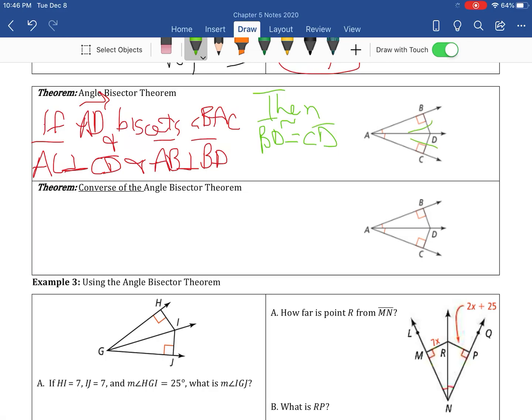Right, so all of that just to get those two small segments to be the same. Again, the converse says that if BD is congruent to DC, and we have all those perpendicular lines, so again, AC is perpendicular to CD, and AB is perpendicular to BD,